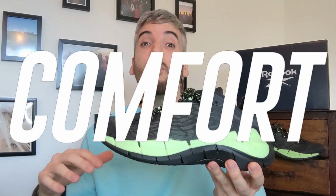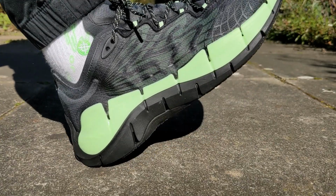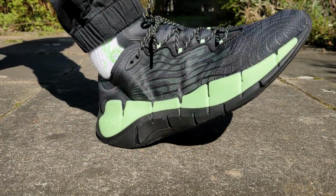Comfort wise, let's start with this midsole before we start talking about the downsides of the upper of the sneaker. Now the midsole, you've got the dual technology, you've got the Floatride energy in the forefoot, which unfortunately, as you can see from the step test, it doesn't really offer really good return at all. I didn't really feel any bounce back